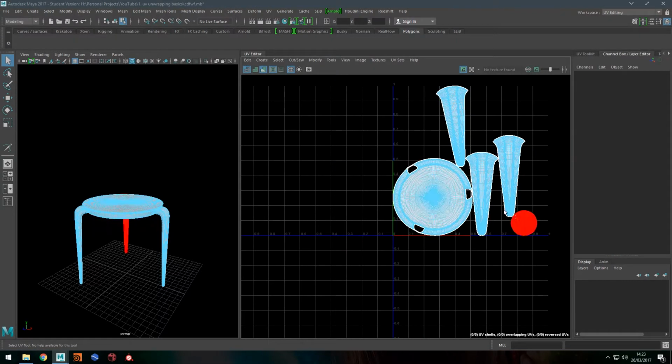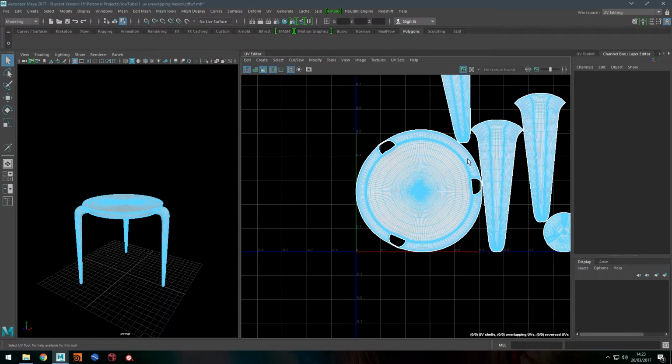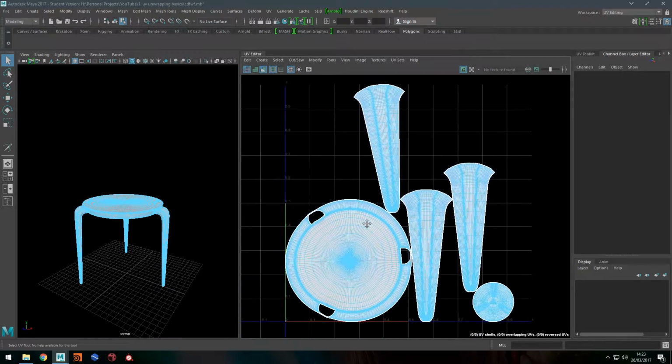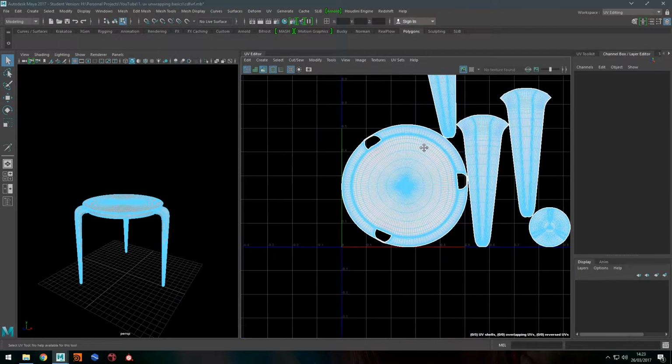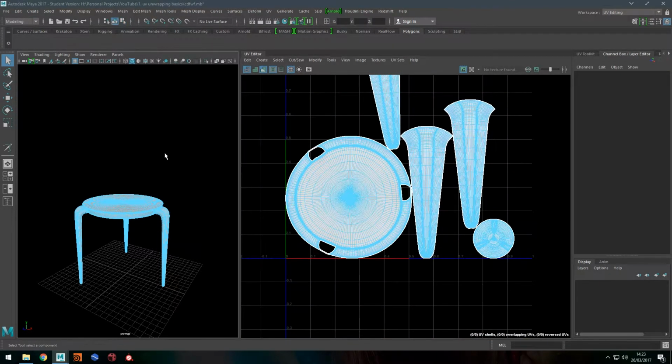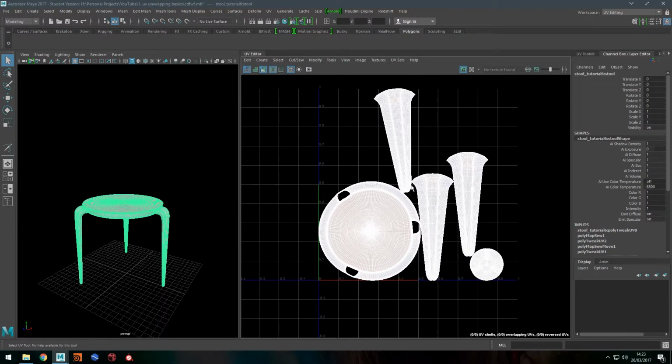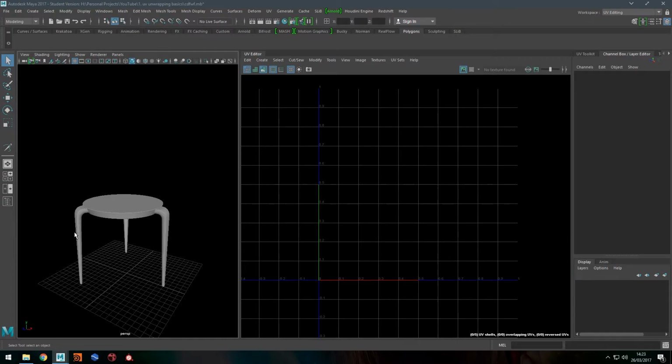So yeah, that's job's a good one. That's been sorted. So awesome, we've got our UVs sorted, and now what we can do is export this into